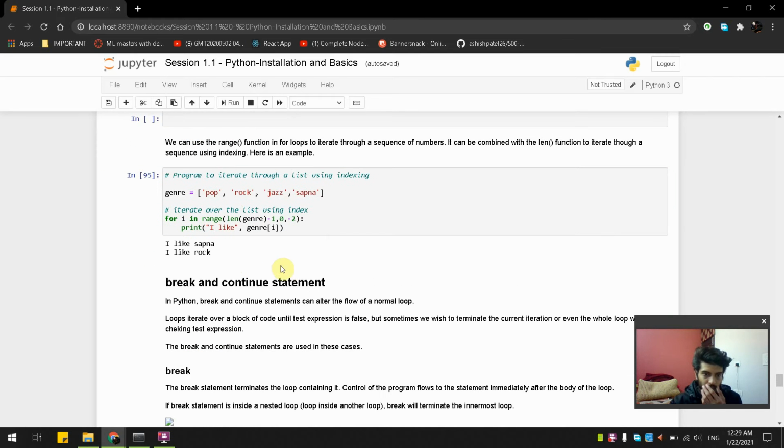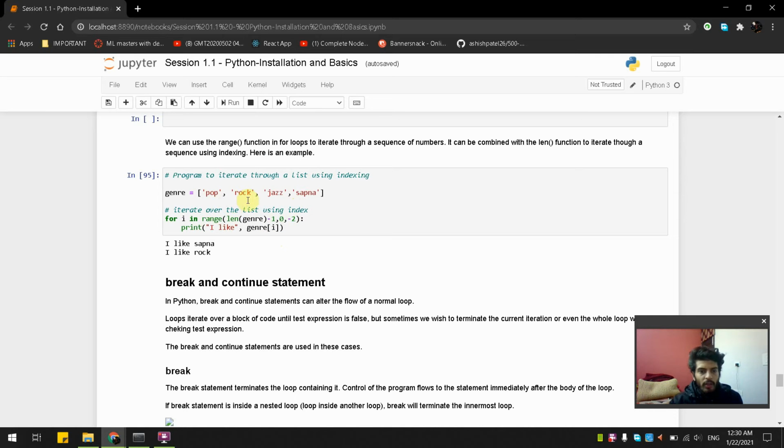And now we can move forward to using the range function. Like we have genre is equal to pop, rock, jazz, Sapna, then iterate over the list of things.